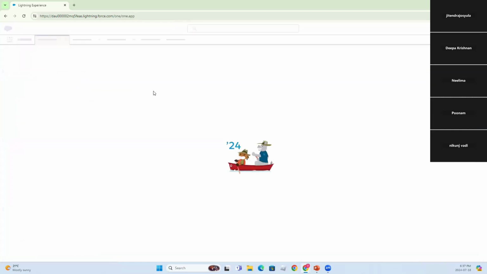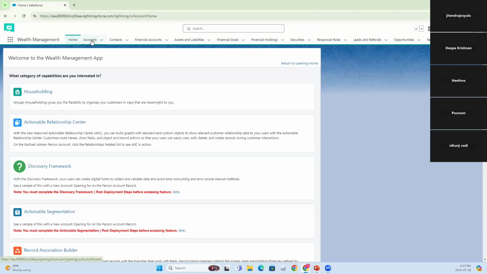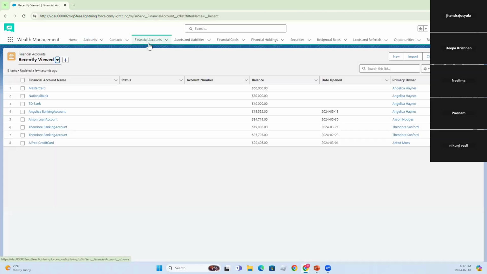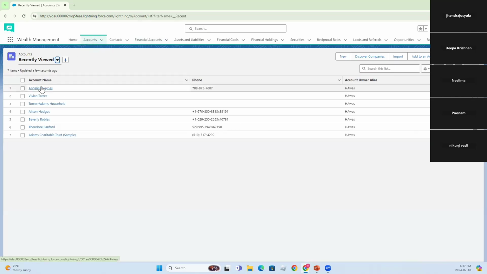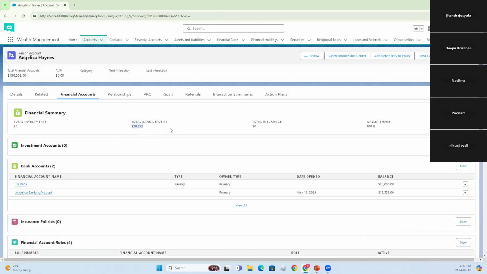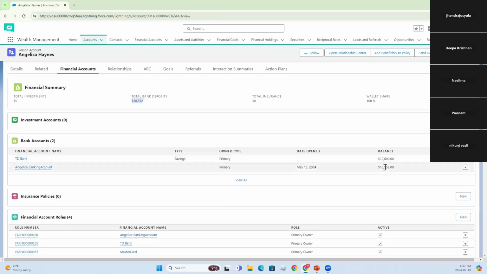Yeah, Jatin is here. Regarding the financial accounts and the summary, as you mentioned, there is some standard pre-built roll-up summary available for Financial Services Cloud. As I have seen, you have shown the same financial accounts for both the applications, wealth management and commercial. So the query is, if you see at the top, it is showing the summary for the total financial accounts, the summary for a particular account. Is the summary showing an overall summary of all the financial accounts, including wealth management as well as the commercial accounts, or is it just based on the